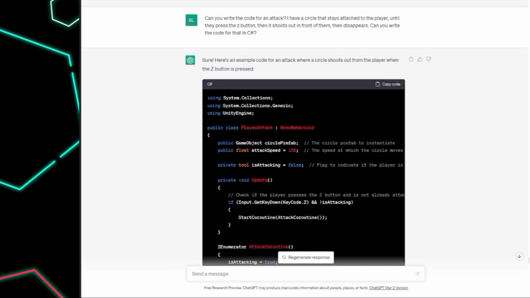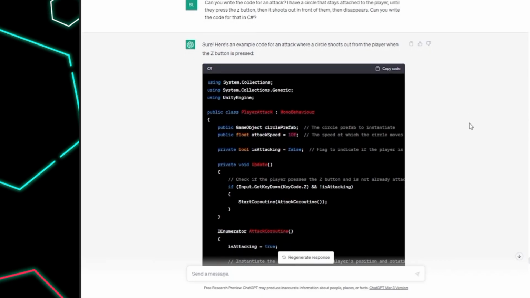Can you write the code for an attack? I have a circle that stays attached to the player until they press the Z button, then it shoots out in front of them, then disappears. Can you write the code for that in C#? Sure, here's an example of an attack where the circle shoots out of the player when the Z button is pressed. So it gives me the code,